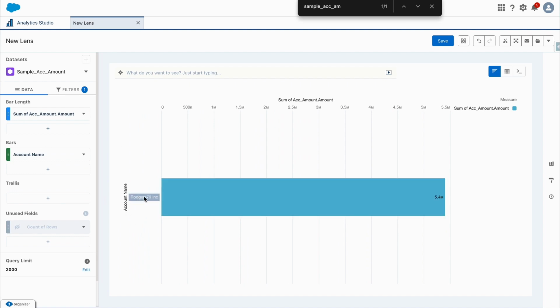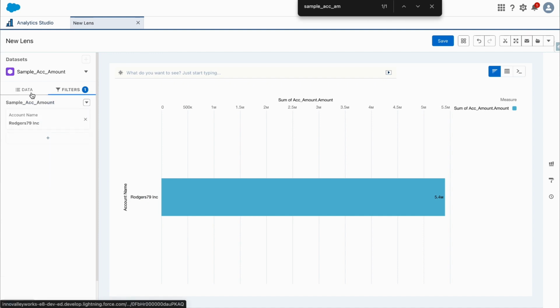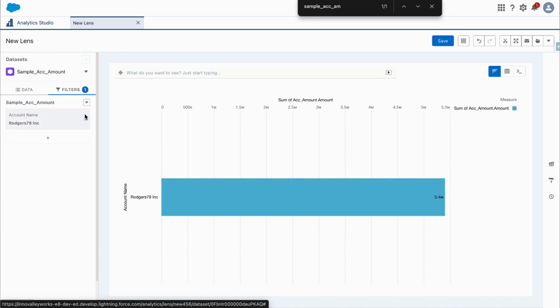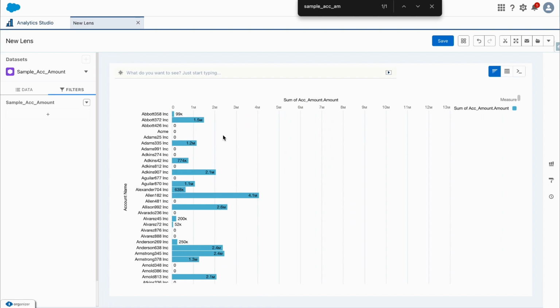So you can see for Rogers 79 Inc. As we have given the filters, only one name is available there. You can see 5.4 million. I am just going to show you after removing this filter. Yeah, you can see